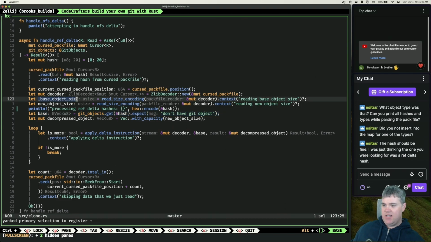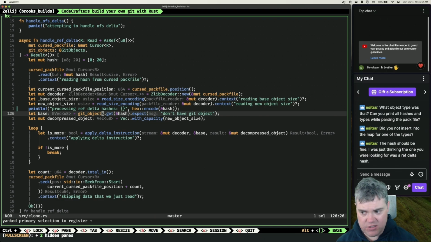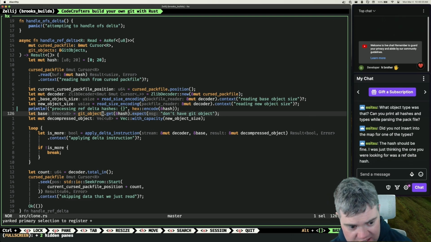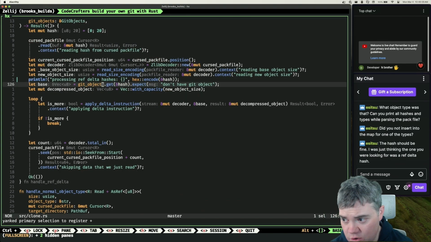So yeah, we get your base object size, we get the new object size. Oh, and then I'm trying to get the base object out from here. And the base object theoretically shouldn't be anything else, but maybe it is. Maybe the base object is another ref delta. So in that case,